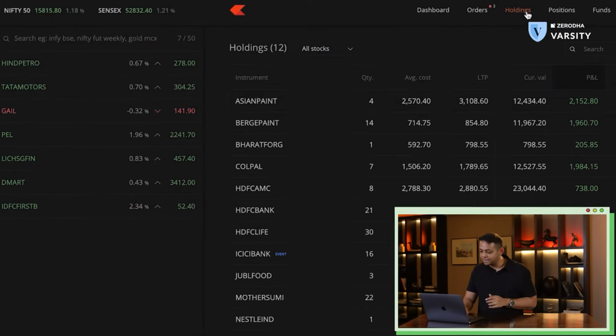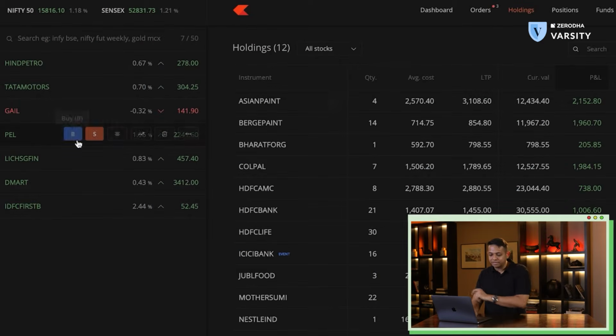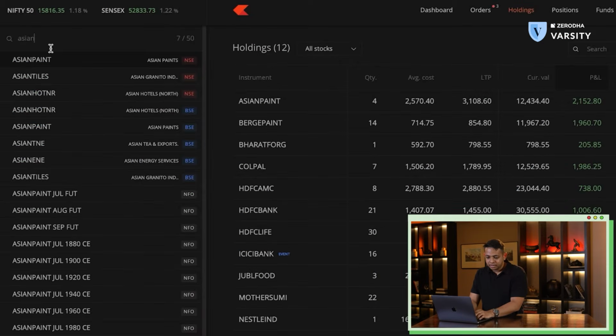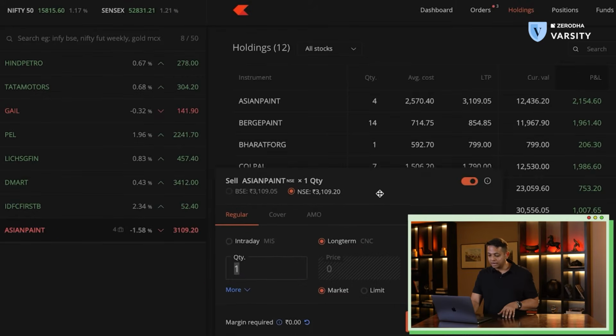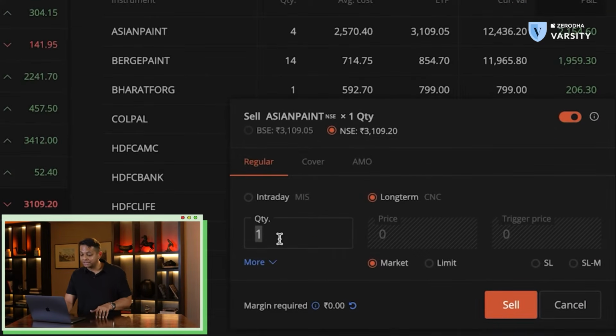Now I'll do the exact opposite, which means I'll try to sell, but I need to own that stock to actually sell it. So as you can see in holdings, I own this stock here. So I'll add the stock and I'll click on sell. Now I can sell the quantity that I own. So in this case, I have 4 quantity. I can actually change this to 4 or 1 or 2 and sell the quantity that I own. So I'll let it remain at 1.